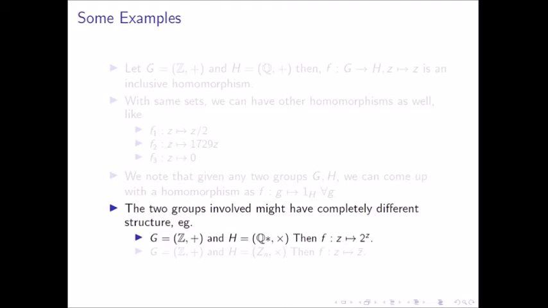Moreover, it turns out that f of x plus y, as plus is the operation in Z, is equal to 2 power x plus y, which is equal to 2 power x times 2 power y in integers. But 2 power x is equal to fx and 2 power y is equal to fy. So f of x plus y is equal to fx times fy. But in the image set, our operation is cross. So the circle which we used in the definition is replaced by cross over here, or times. So indeed, this is a homomorphism.